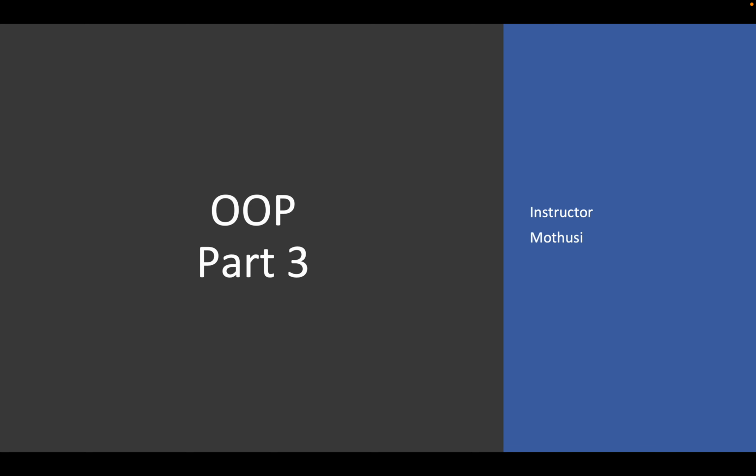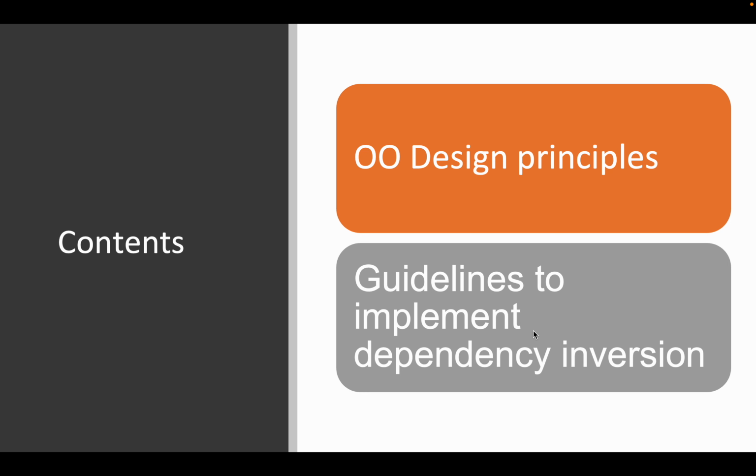We are still looking at OOP, and today we are looking at part 3 of it, which is very important for someone who wants to look into the design part of OO. How can you implement good design? What are the guidelines you need to follow? And all that. So we are going to look at OO design principles and the guidelines to implementing the dependency